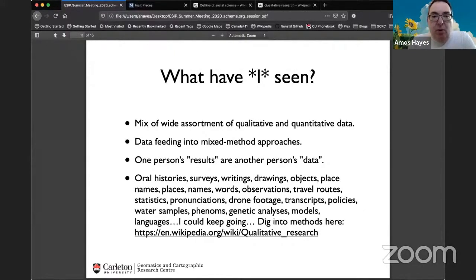But let me tell you what I have seen in the research that we do in an Arctic context: really a wide assortment of qualitative and quantitative data. Even if we're working with an oceanographer, the data is being used by an economist, and then it's going to somebody who's researching food security, and ultimately being used to figure out how much it's costing to catch a fish.